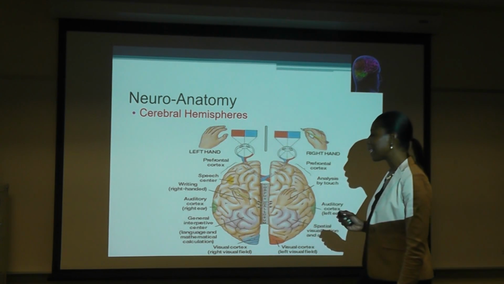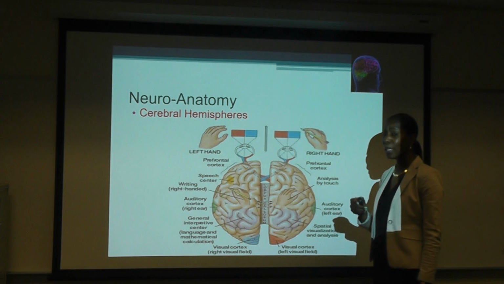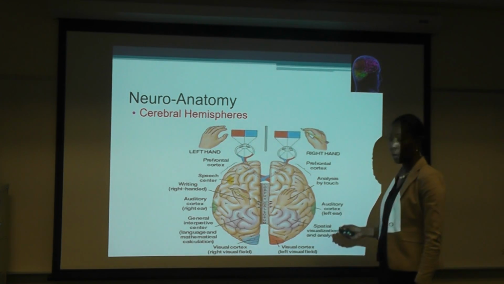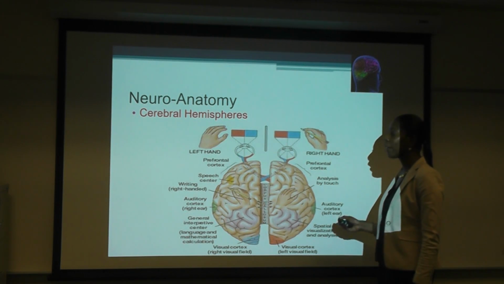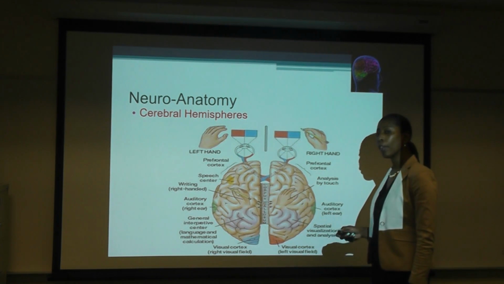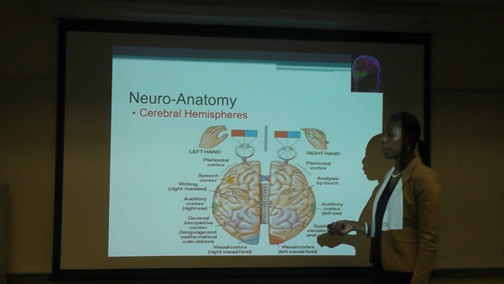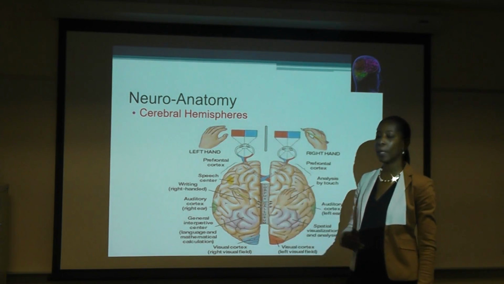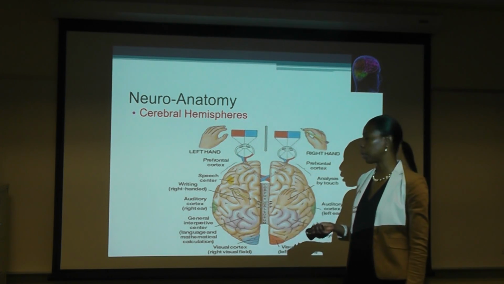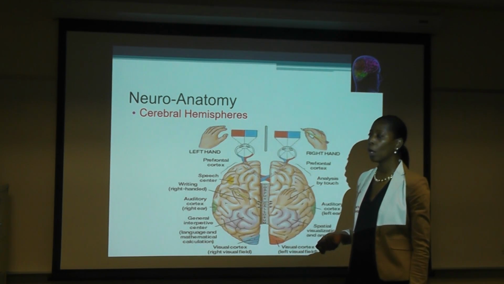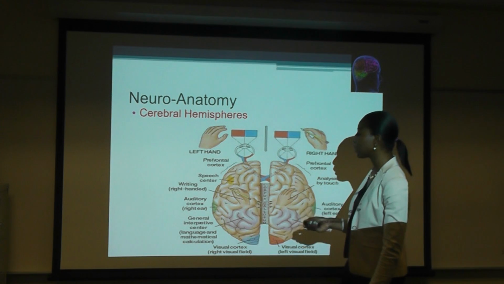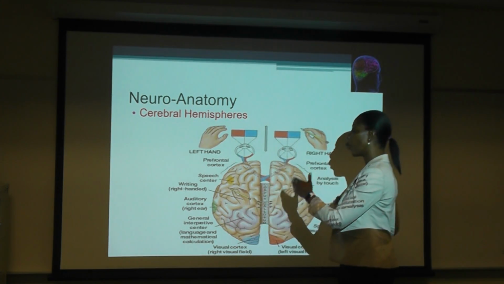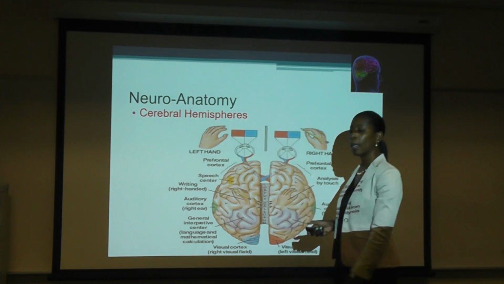But there is a few, it's actually less than 10% of the population that has a dominant right hemisphere, okay? And it's very hard to depict whether they're right brain dominant or left brain dominant. Now, there are a lot of things that people say, oh, that person is artistic, they can just play the piano, they're definitely right brain dominant. Not necessarily so. The only way you can depict handedness, or actually you can depict which hemisphere is dominant is